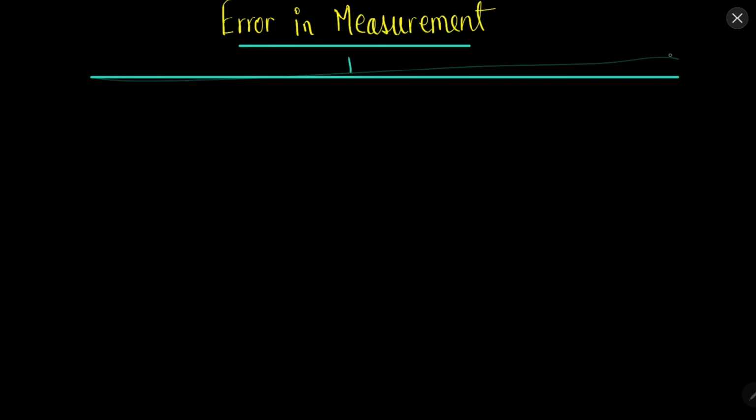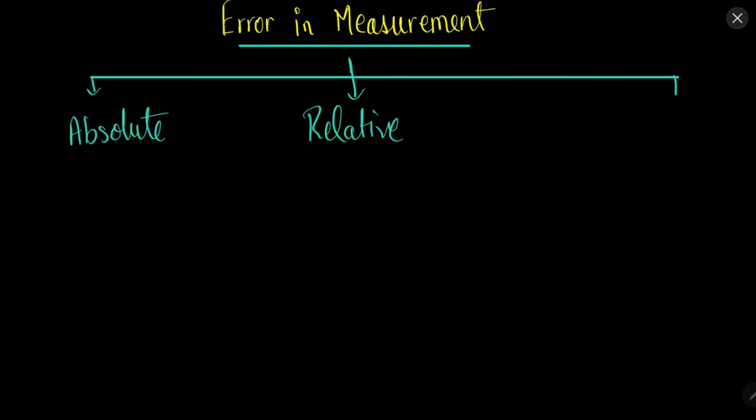The first error is the absolute error. The second error is the relative error, and the third error is the relative percentage error. So these three main errors are important for us: absolute error, relative error, and the relative percentage error. Let's understand this concept using one example, otherwise you will not be able to understand. Without any example, this is very hard to grasp. Okay, so let's take one example.